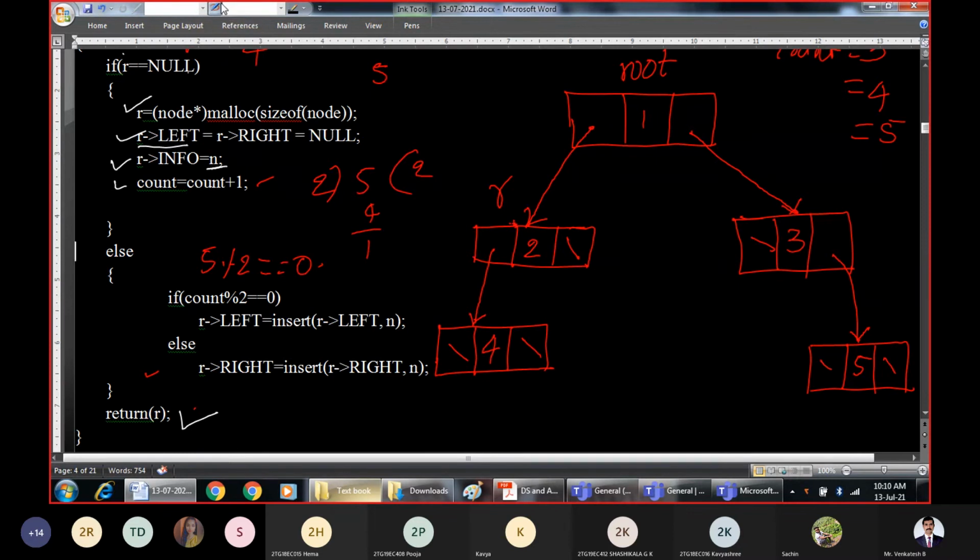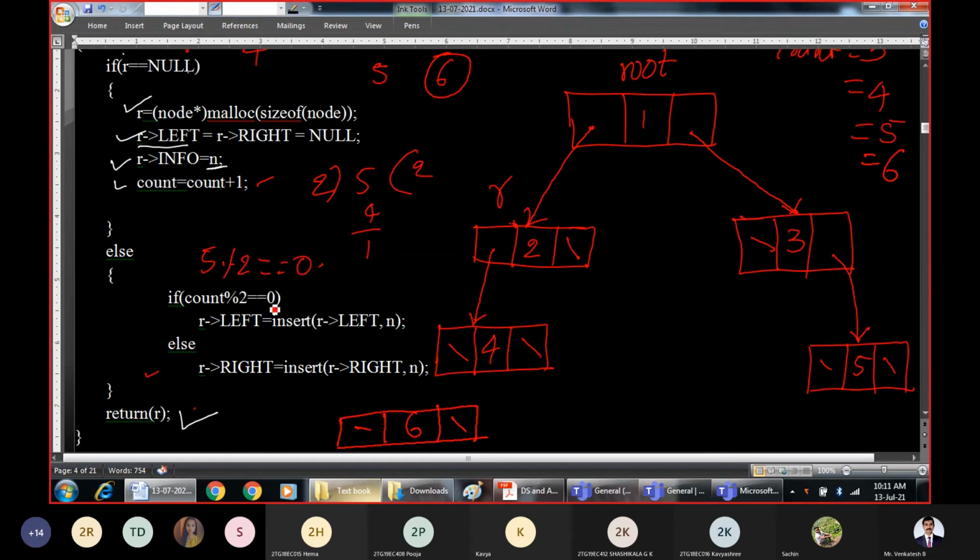So what is the next element in the input list? Next element in the input list is 6. Here the count has become 6. Now whenever you try to insert it, this 6 will get inserted based on the value of the count. So I am drawing it here. Take these as null and the element is 6. So check the condition.